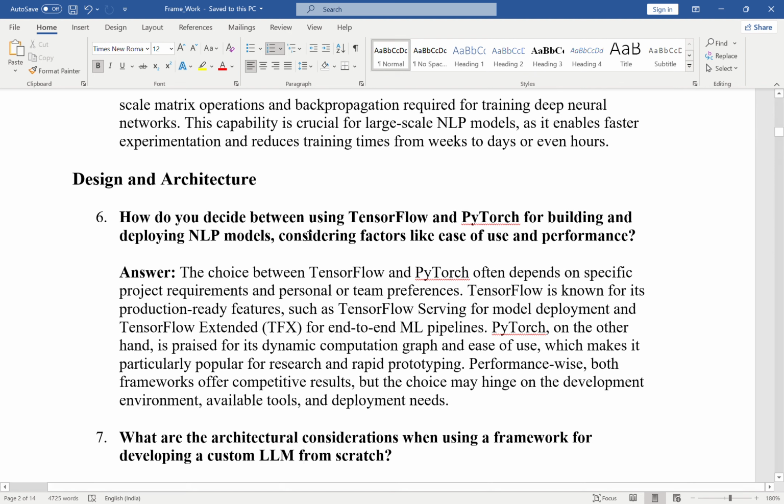So how do you decide between TensorFlow and PyTorch for building and deploying NLP models, considering factors like ease of use and performance? The choice between TensorFlow and PyTorch often depends on specific project requirements and personal or team preference. TensorFlow is known for its production-ready features such as TensorFlow Serving for model deployment and TensorFlow Extended (TFX)